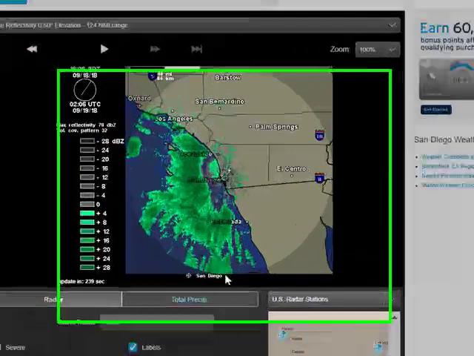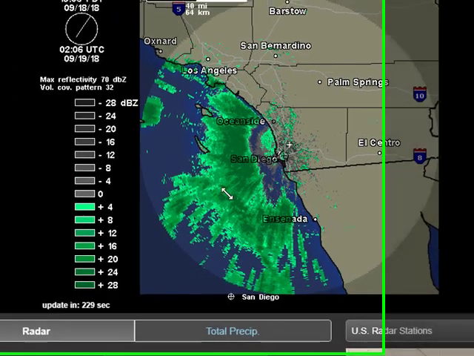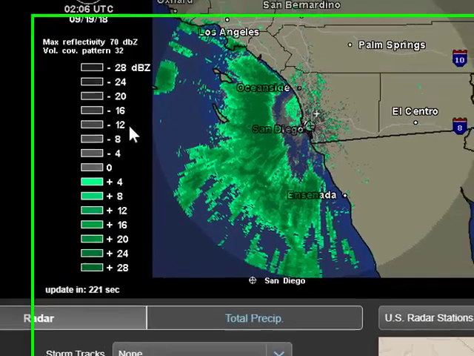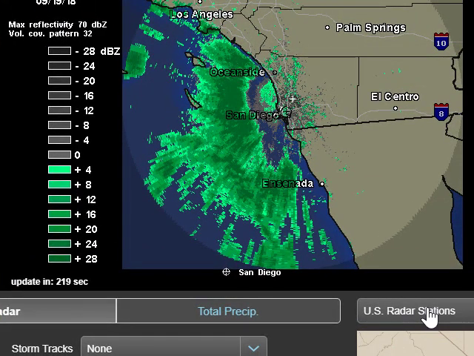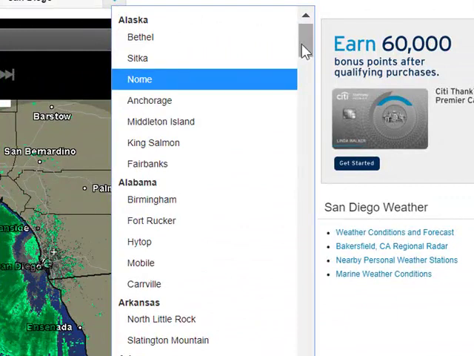Well, there is not anything very interesting going on the radar in San Diego. All of this stuff is just a general spatter radar return, nothing significant in rain showing. What we want to do is go down here to U.S. radar stations